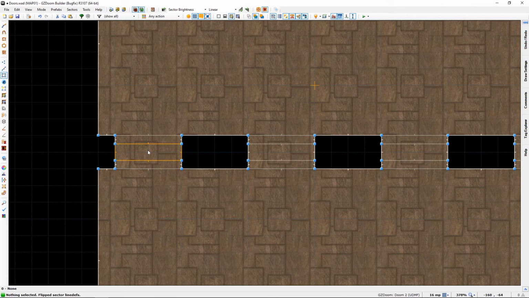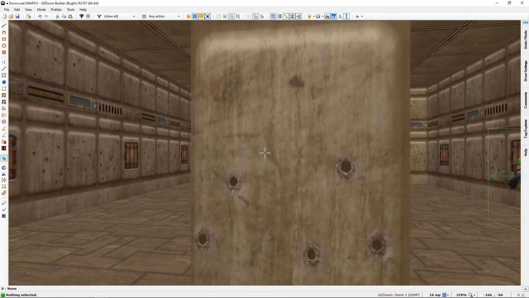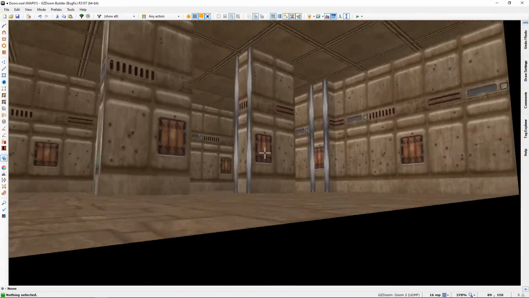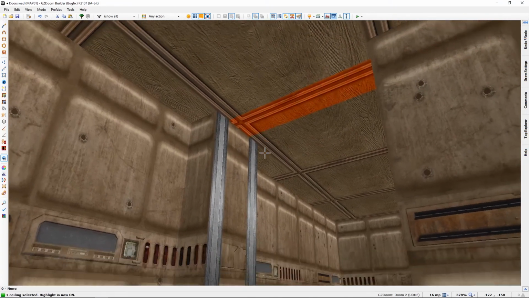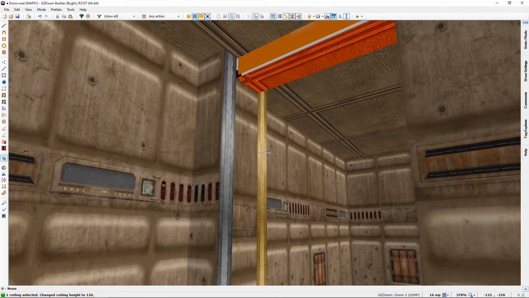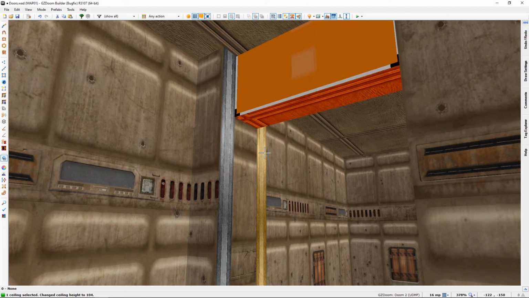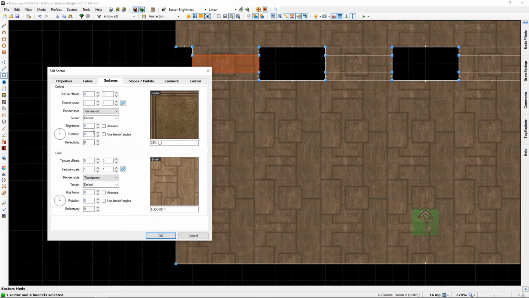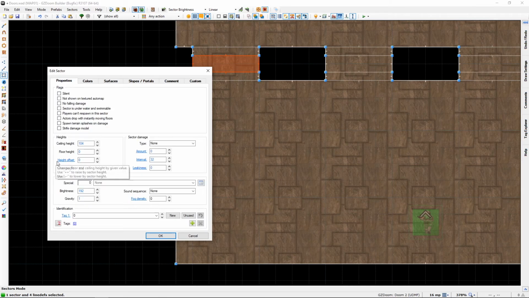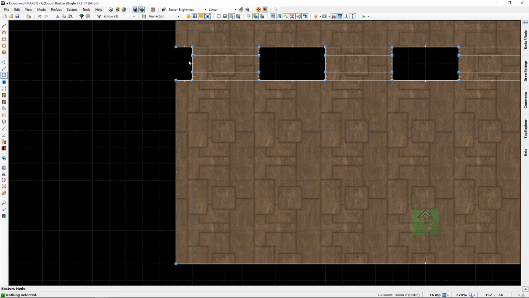In this sector, we have to lower our sector either by lowering it with our scroll wheel, or we can go in here and set our ceiling height to our floor height. And then we should